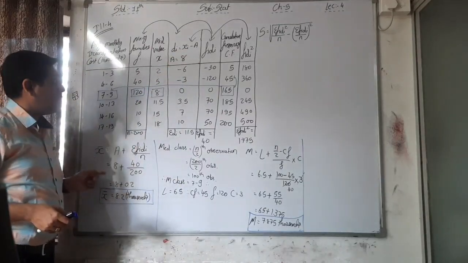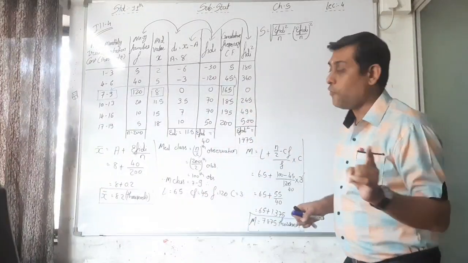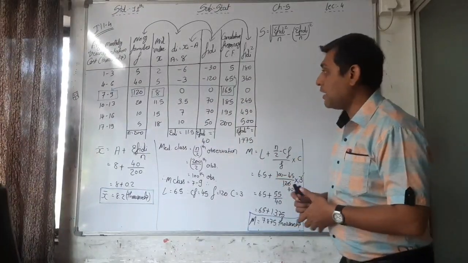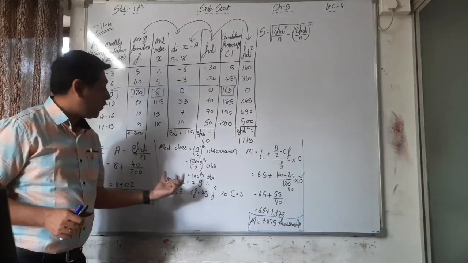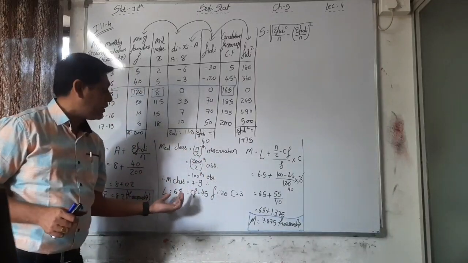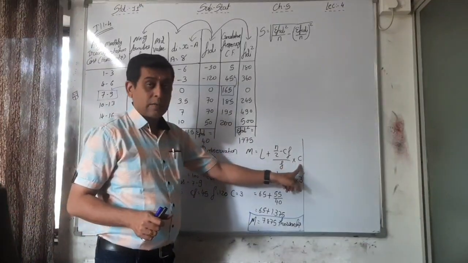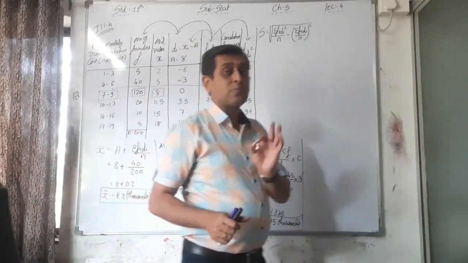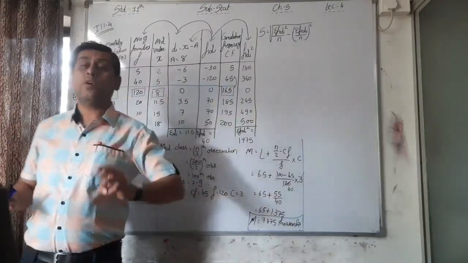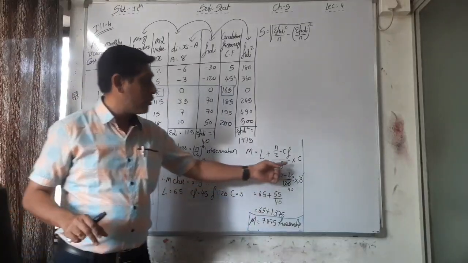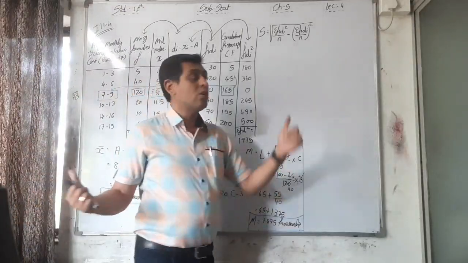So here, in x bar as well as in the standard deviation, we cannot take C in the formula. But in the median class, a particular median class is there, and that's why the class length of that particular class, that is 7 to 9, that is 3, we can find out. That's why here we have to use C. If the median class is there, then we can say the median class length is 3. So you can use C is equal to 3 here only in the median,